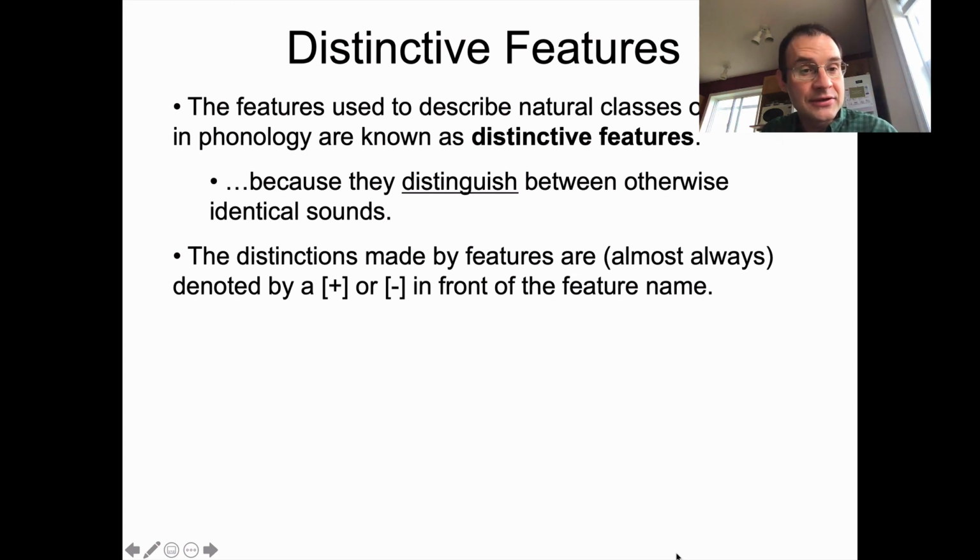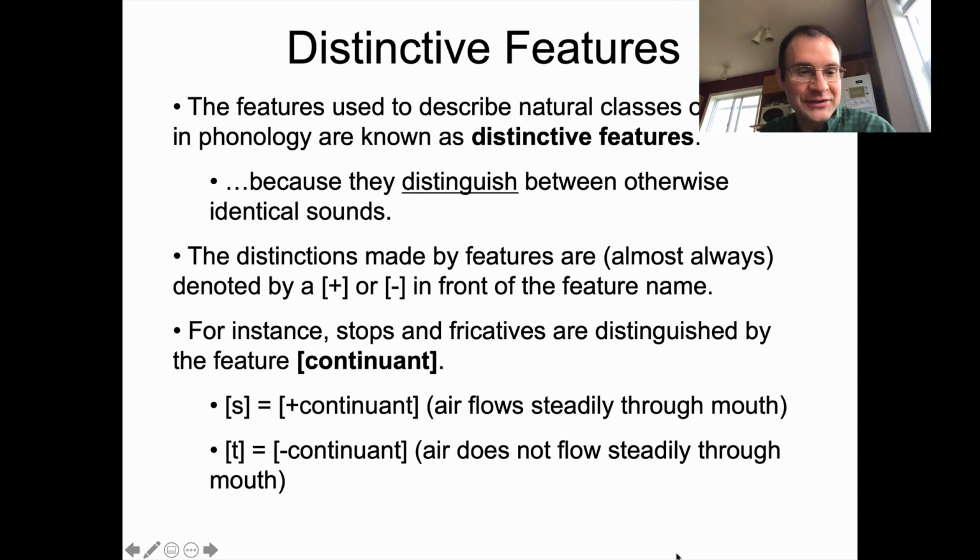They're two different sounds. And I've got another example here for a different new distinctive feature we have to learn, which is called continuant. So an s is a plus continuant sound, and continuant just means that you can continue making the sound as long as you want to, or as long as you have air flowing out of your lungs. So s you can make for an extended period of time. A t, however, is minus continuant because you can't keep the air flowing through your mouth consistently as you make a t. It just is kind of one moment in time, right?